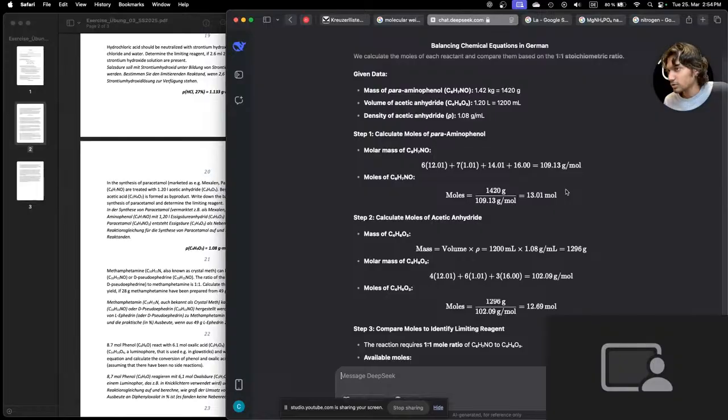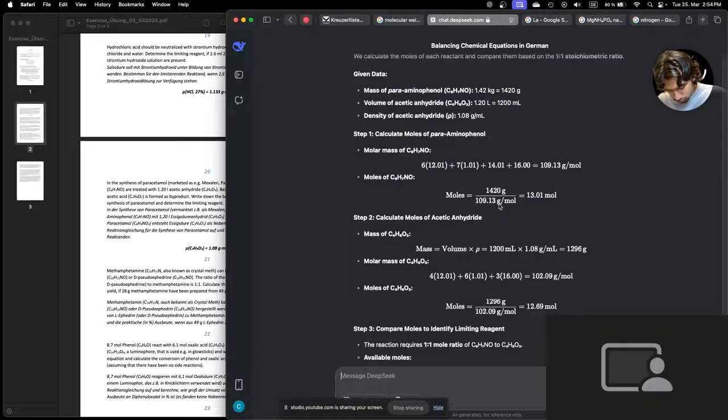Wait, moles equals molar mass by mass or mass by molar mass? Yeah. Okay, so it's 104. And when you divide these things, 1420 divided by 104 is 13.6. The number of significant figures is 3, so it should be 13.7